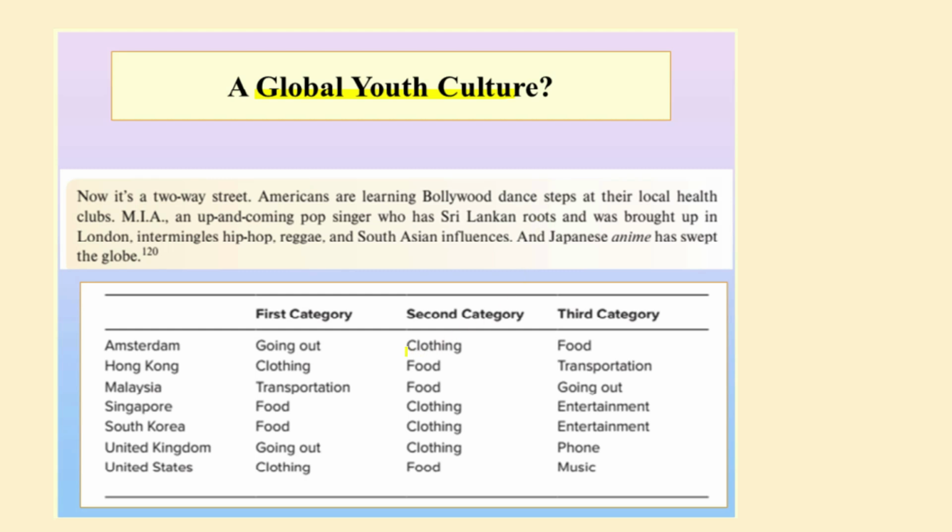As you can look at this table, there are similarities and convergence of lifestyle, values and purchases that this global youth is making, and it is very compelling for companies because it increases the segment size. A survey across 6 countries found that there is an 86% similarity between the products and the way they are using these products. As you can see, the top 3 categories are quite overlapping: transportation, food, and clothing. So you can find a lot of similarity among different countries.